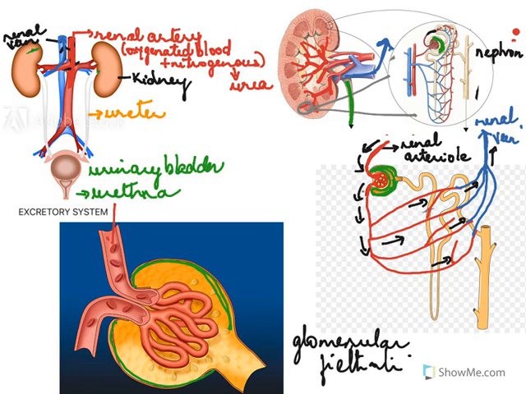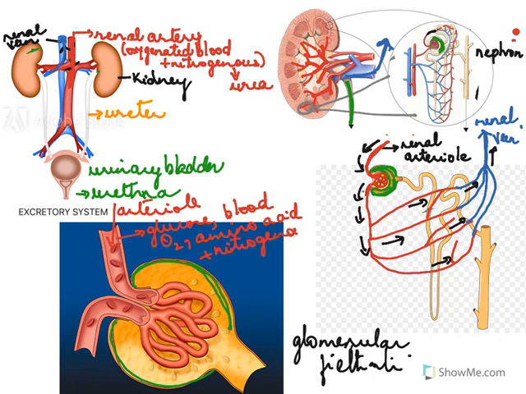So the blood now enters through the arteriole, and this blood consists of many things. It consists of glucose, of course the blood, the plasma and its cells. It consists of oxygen, amino acids, and hormones, nitrogenous waste. So it has all. It has the good and the bad. Now, as it enters in here,